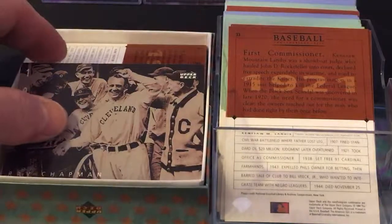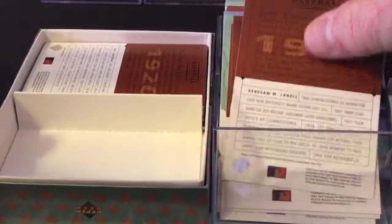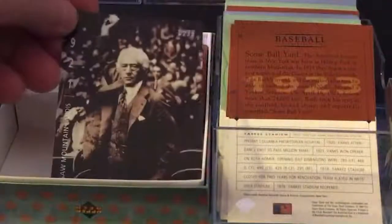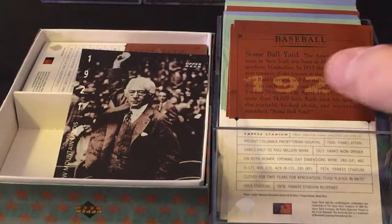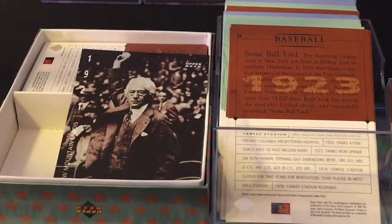So 1920, Ray Chapman is in the books. And next up is the first commissioner, Kenesaw M. Landis, the first commissioner of Major League Baseball. Next up to bat is card number 34, Some Ballyard. The American League